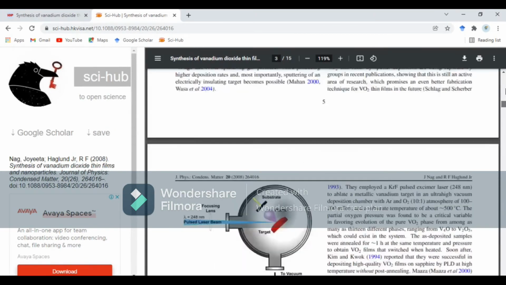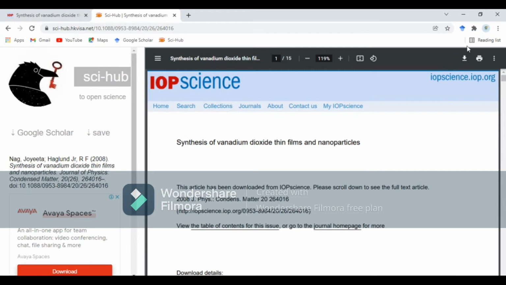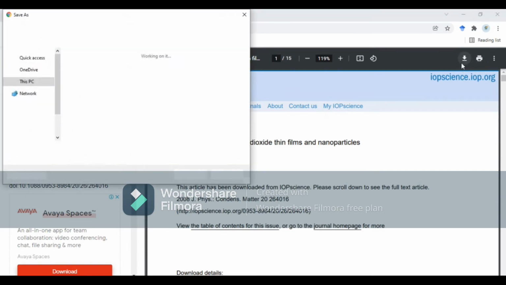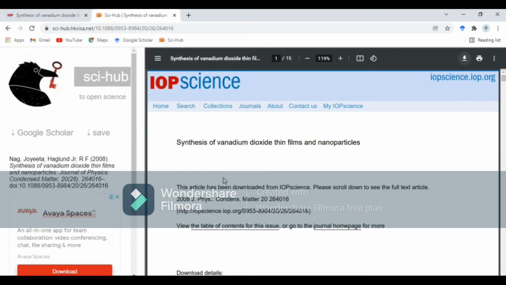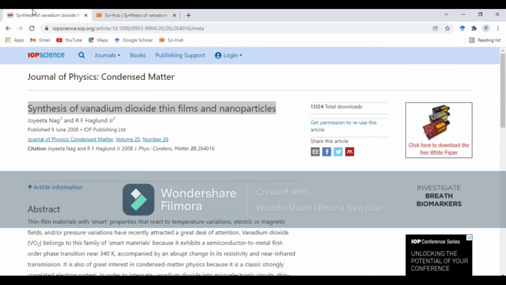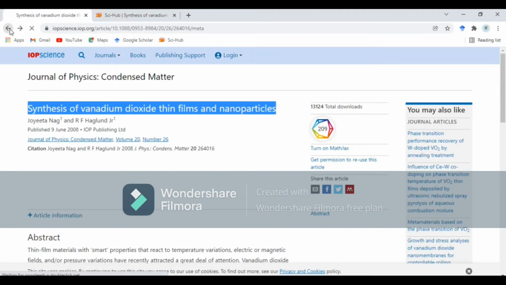You can download it with a single click. You are looking at the download option here. Just click this, then you will get this paper on your PC, accessible every time. In your storage it will remain for as long as you want. Save it if you want to save, if not then cancel. Similarly, you can study many papers like this.